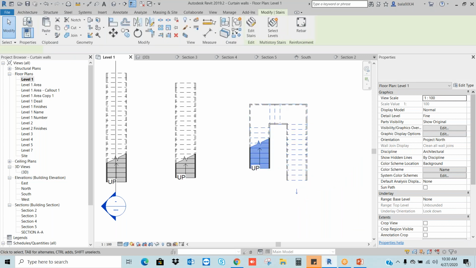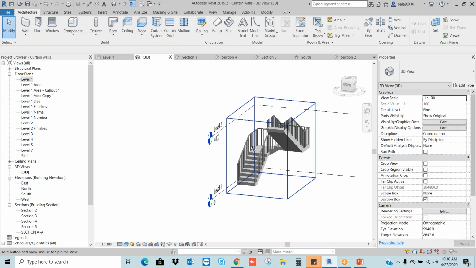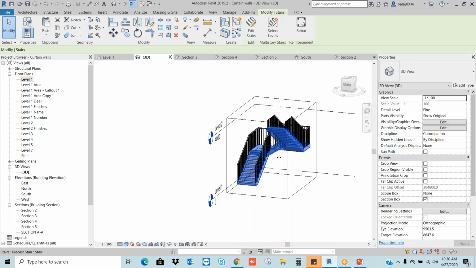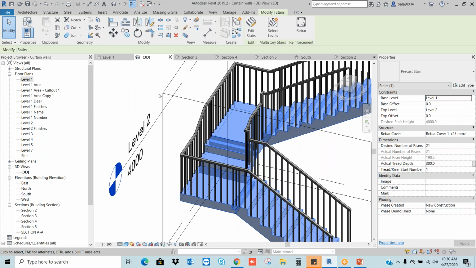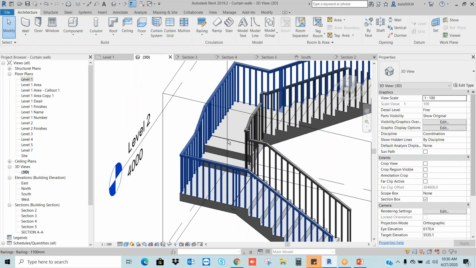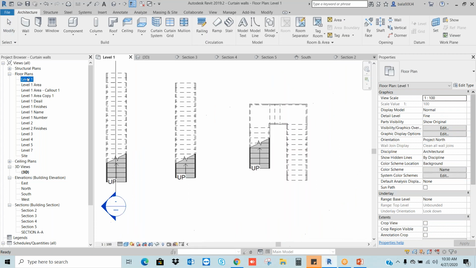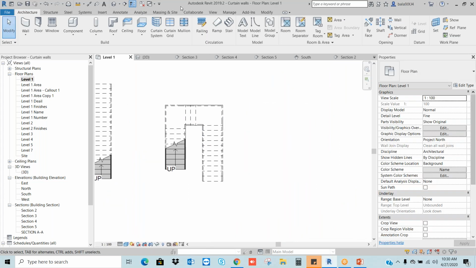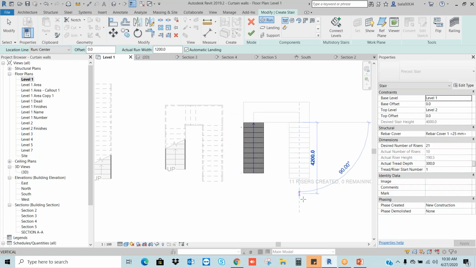So now if you see this, you will get the staircase with a different kind of elevation landing. Okay, then go to the staircase. It's a different method. I want to draw one staircase here and another landing.